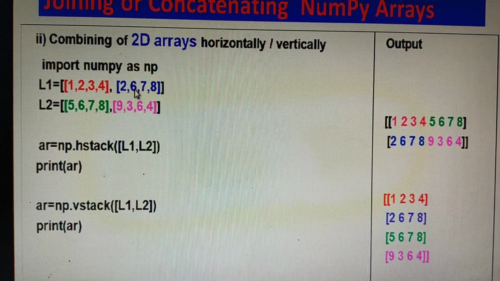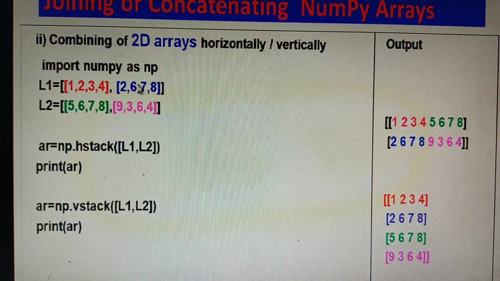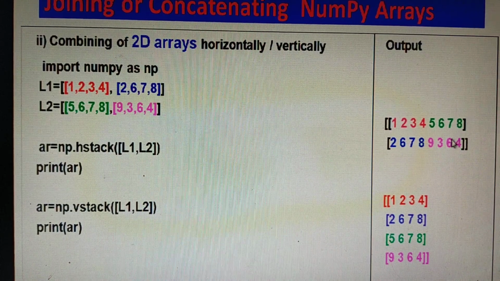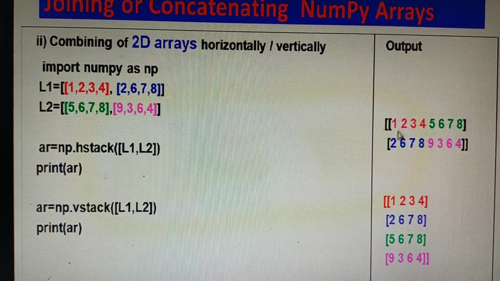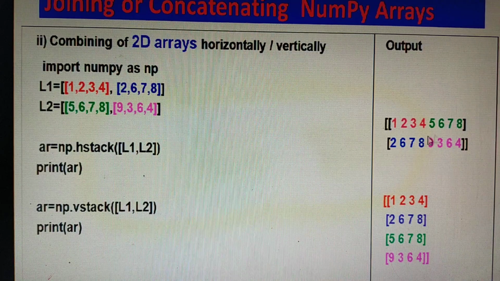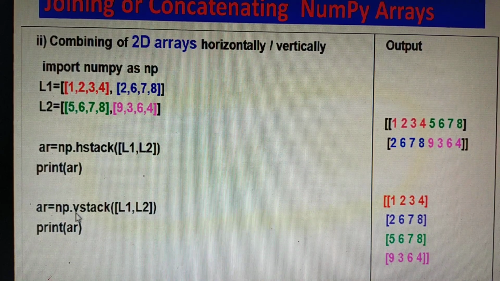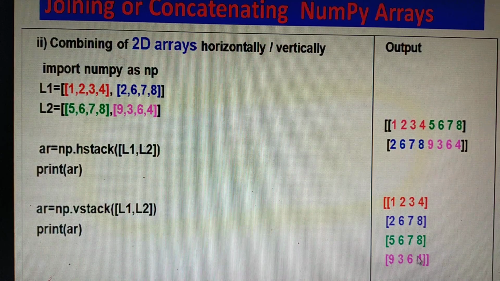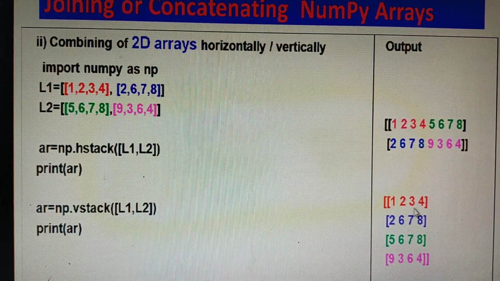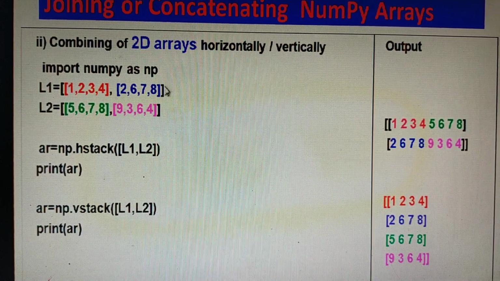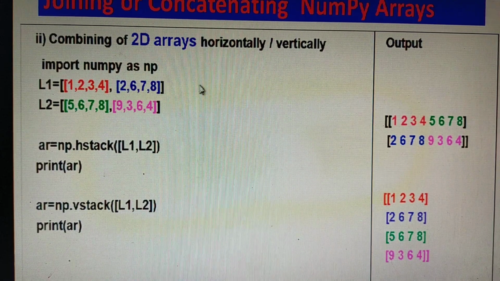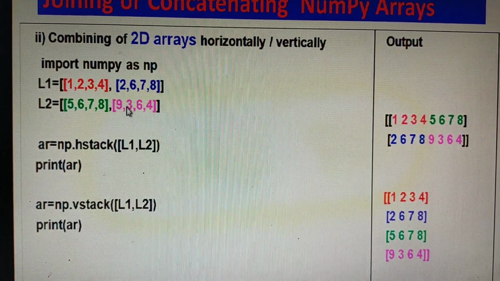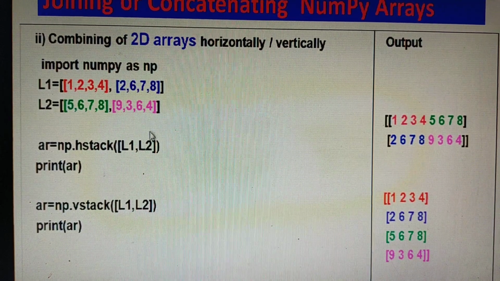Again the second element of the first list and the second element of the second list are added horizontally. So hstack adds horizontally, and the reverse, vstack, adds vertically. All the rows are added like this. This is the way you can add or concatenate two lists or 2D arrays.